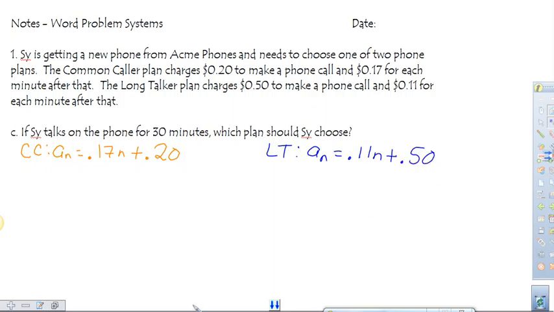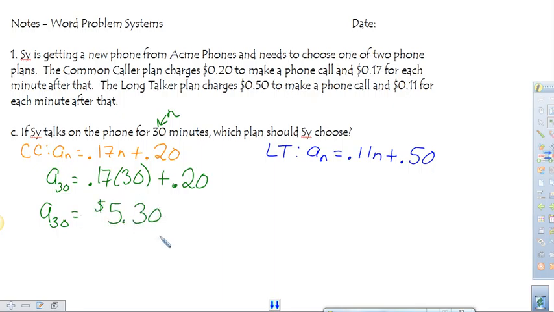I did 2 decimals. Okay, so we want to know talking on the phone for 30 minutes. Is that an input or an output? This is an input, right? Talking for 30 minutes is the input. How much it will cost is our output. So I want to know what a sub 30 is. Well, 0.17 times 30 plus 20 cents is going to give me